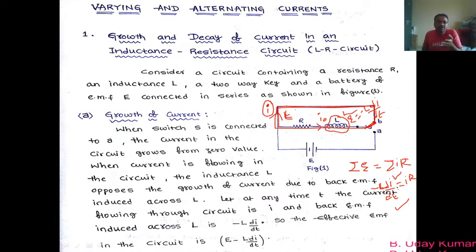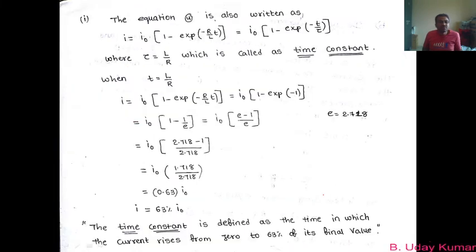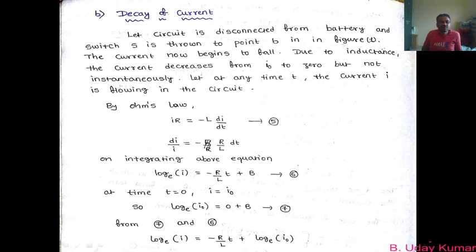Just solve it, you get an equation of I, that's it. That will be the end of the topic. So that mathematical part we will do now. What is the equation that we have? It is minus L into di by dt is equal to IR. So we will start now. Let me take the arrow mark. Remember, I am getting I times capital R is equal to minus L into di by dt.